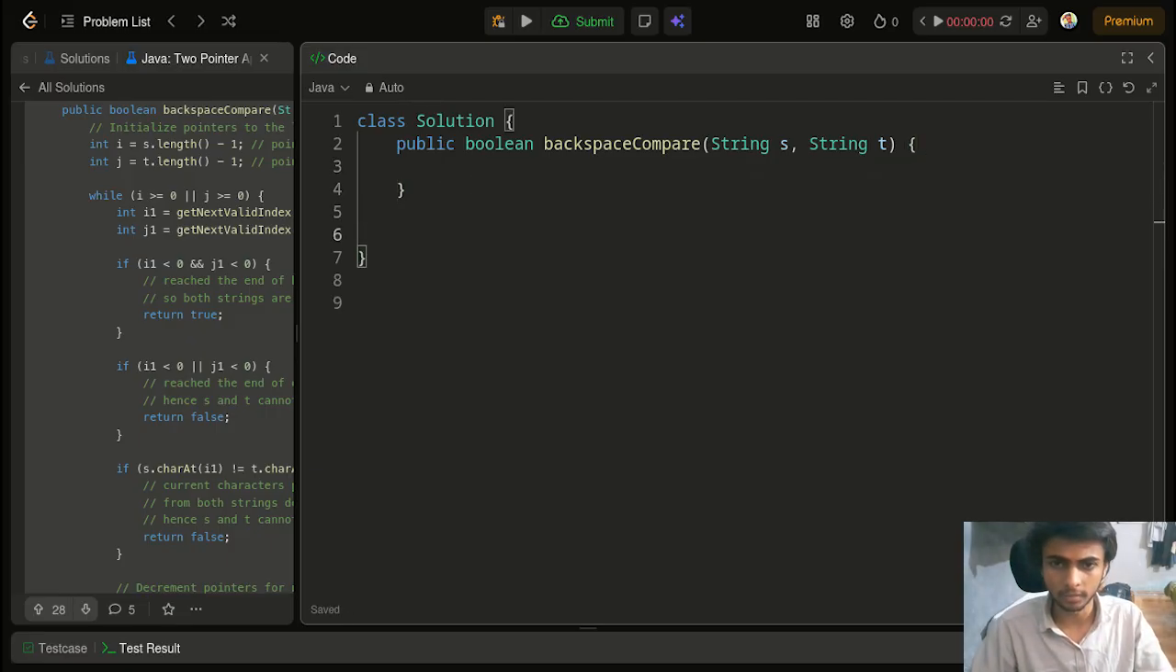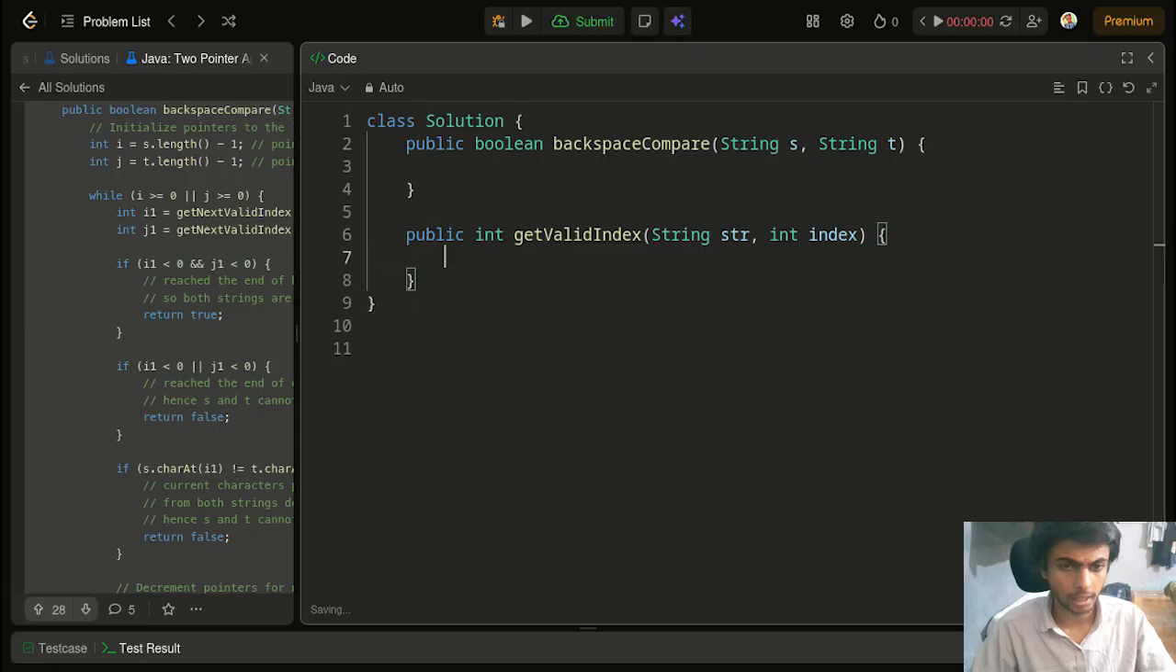The idea is we need a helper function which gives us a valid index. Valid index takes a str and an int index, the current index, and